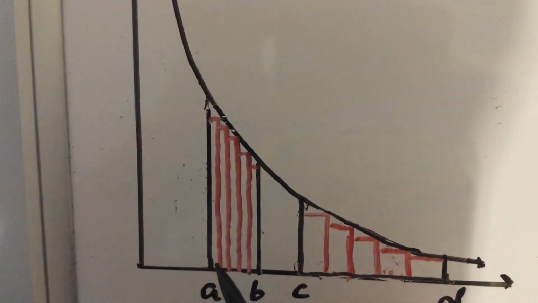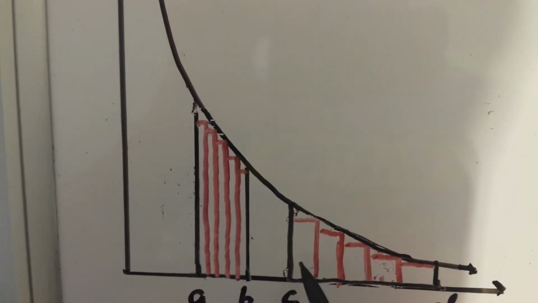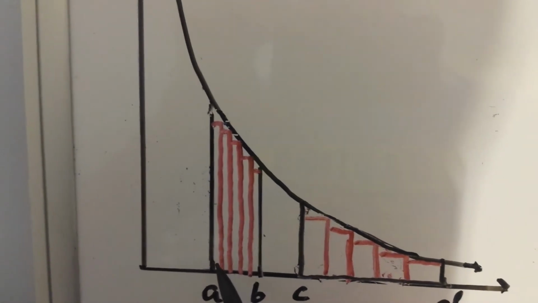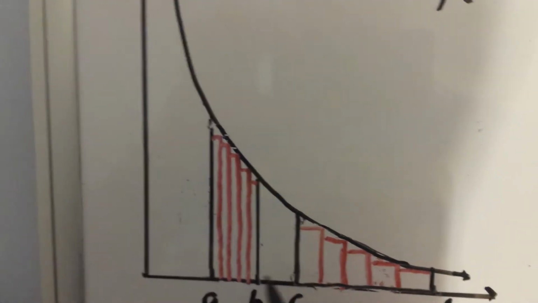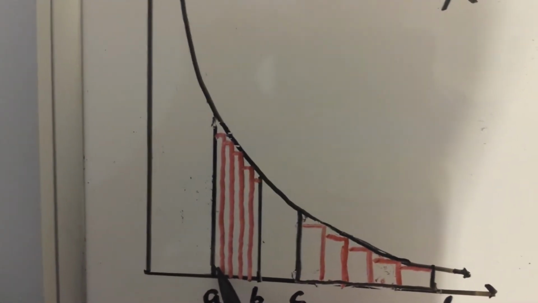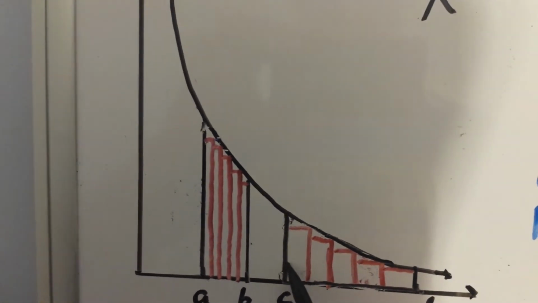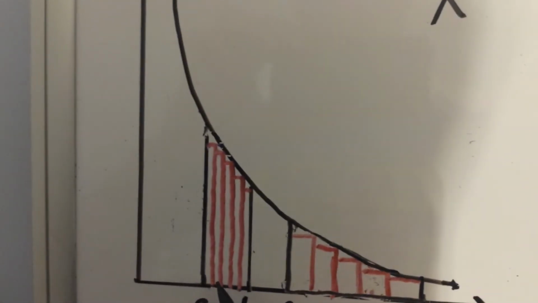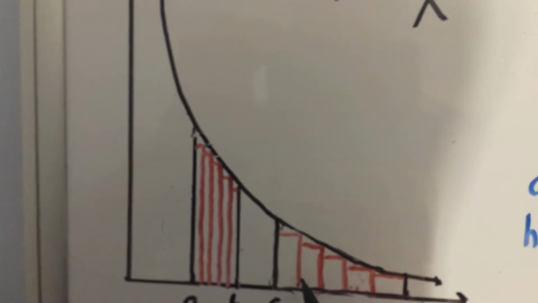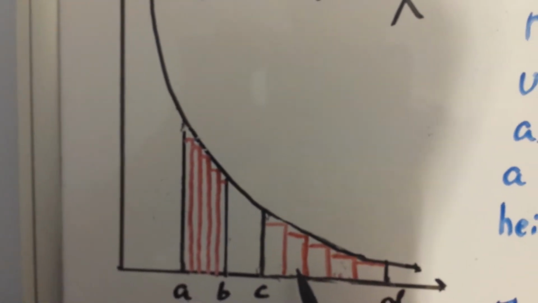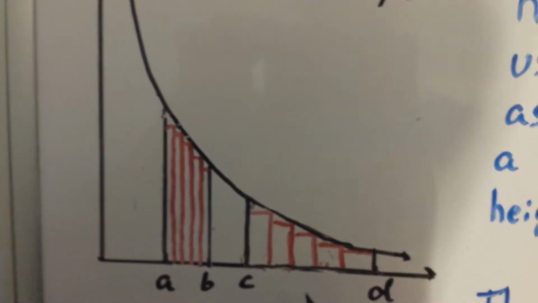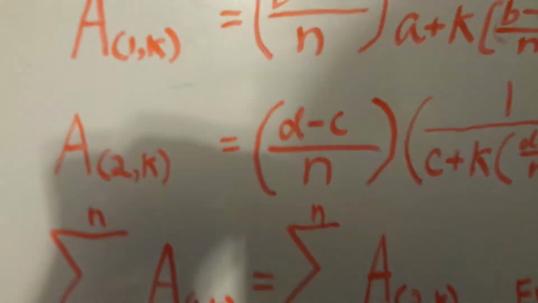So the area of the kth rectangle in each region is the same. The area of this rectangle and this rectangle are equal. The area of the second little rectangle and the second rectangle here, they are equal. Okay? So if for every k,